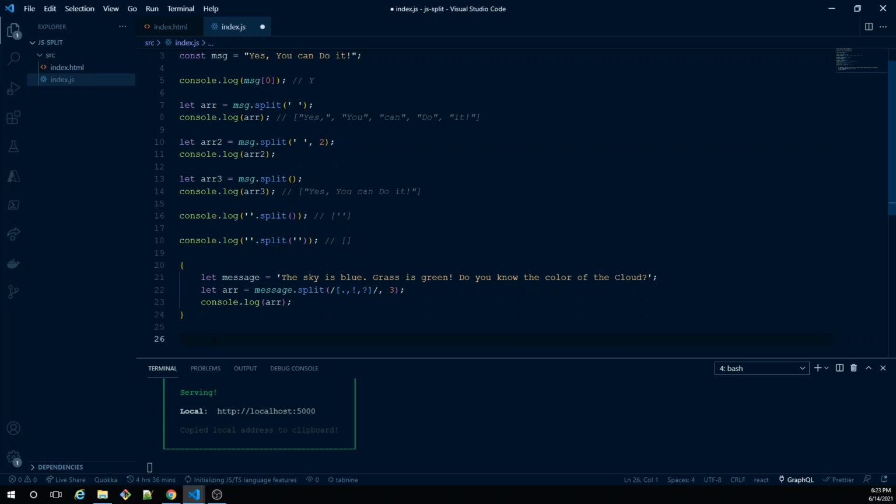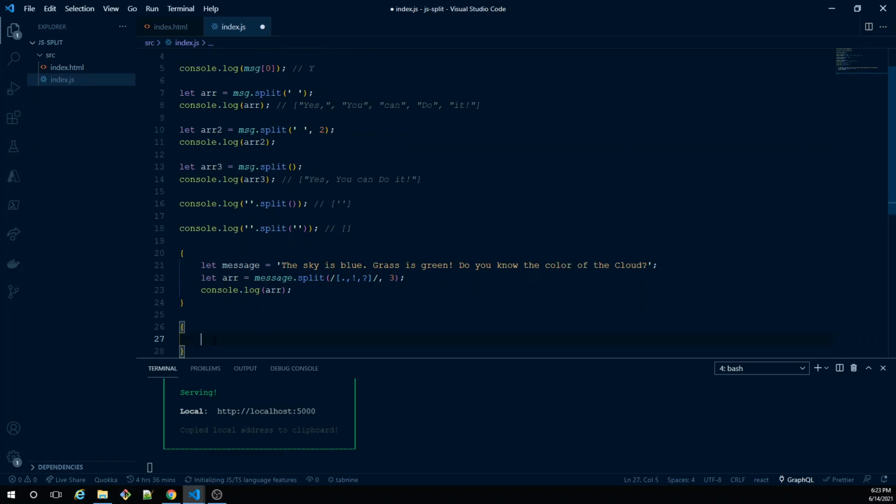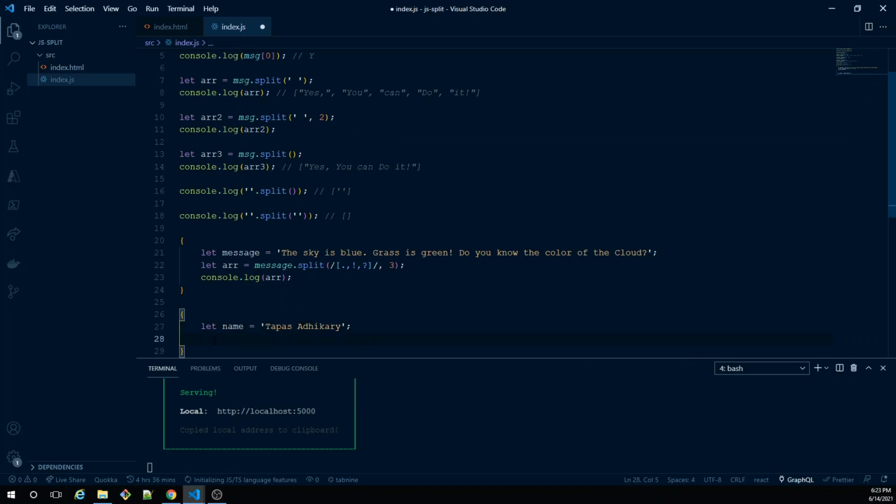Then you can think about using a library like Lodash, which is going to create different cases like camel case or kebab case or any other cases. Or you can also take advantage of the split method and quickly do the replacement. So let me see how we can do that. Let's take a name. Maybe for now I'll take my name. All right. So let's first split this guy